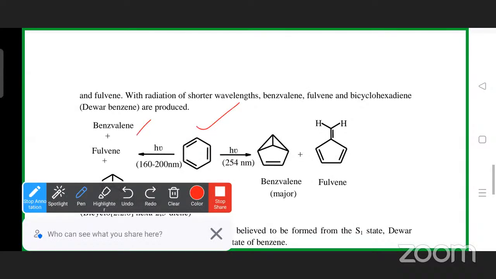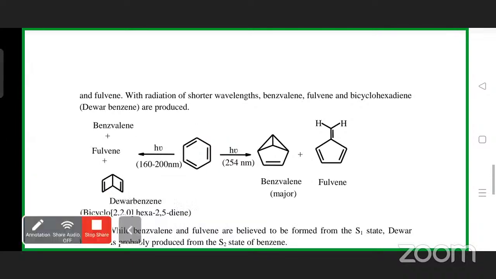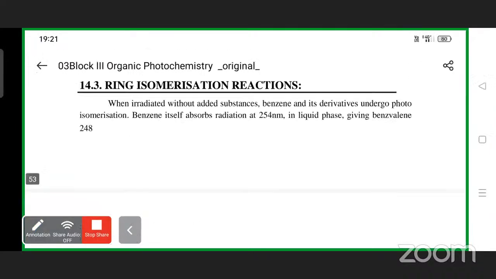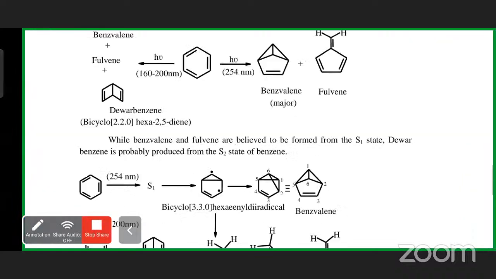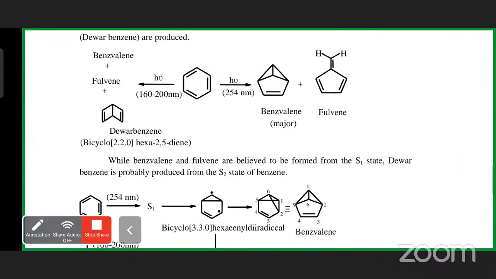When it is irradiated at 162 to 200 nanometer,